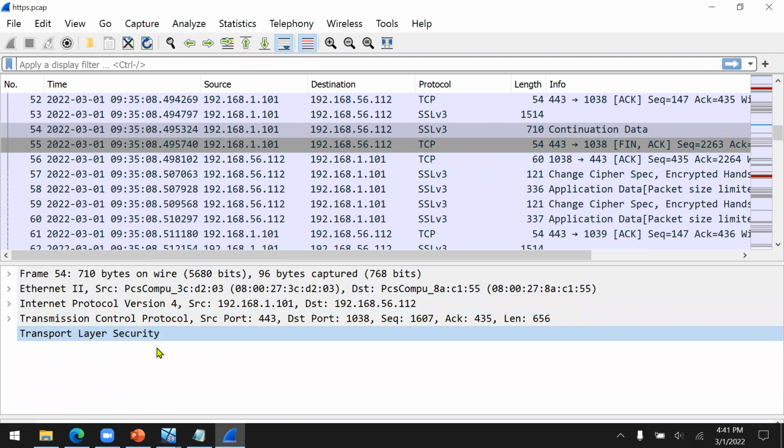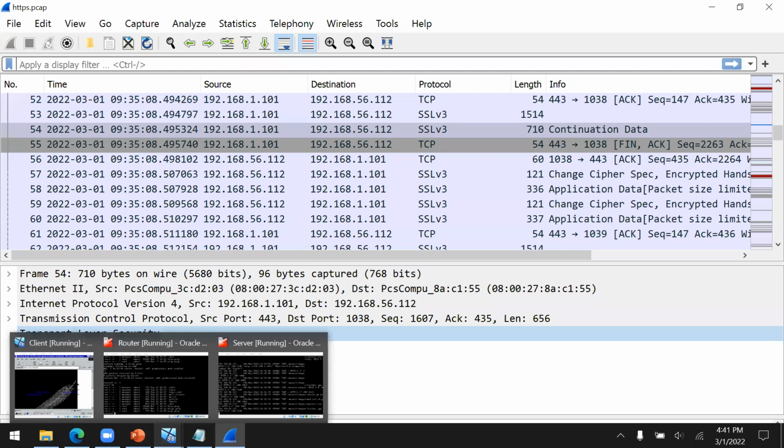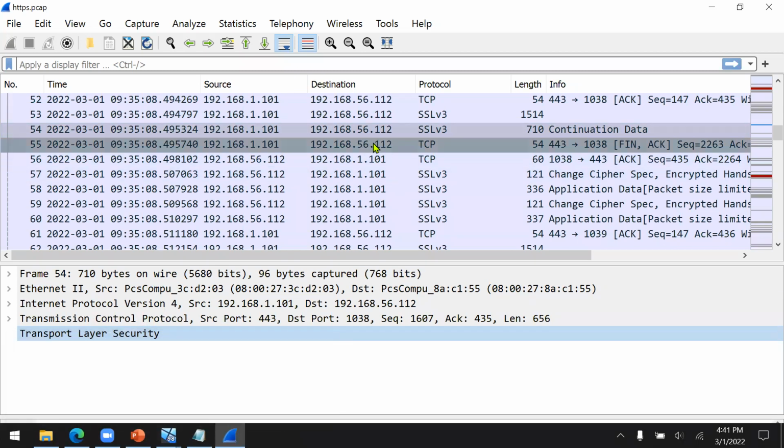So everything is encrypted, and Wireshark is not supposed to tell you the content of that file. So that's why this one is empty, but it's still there. If you want to open it, you can use tcpdump with a raw export, but we're not going to talk about that. Okay, so that's about the SSL.